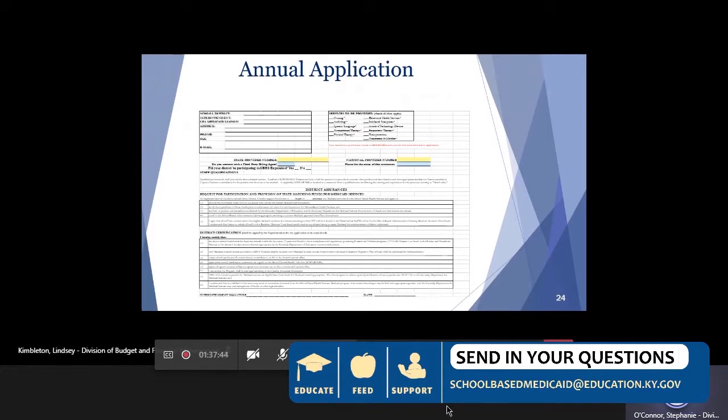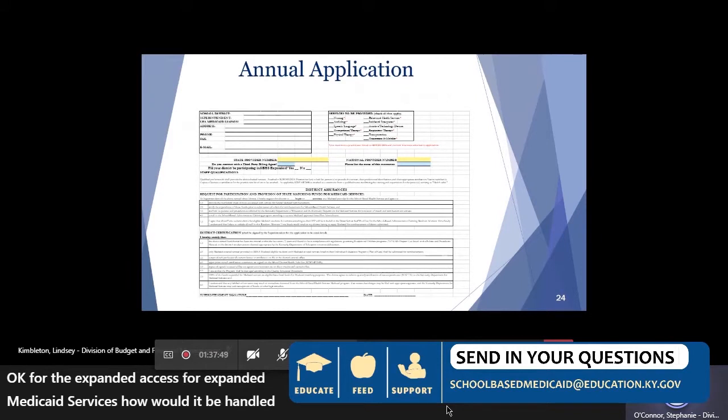For expanded Medicaid services, how would it be handled if the district contracts with another agency to provide the school nurse services? Just want to make sure it's clear that the contracted agency cannot be the agency that bills.